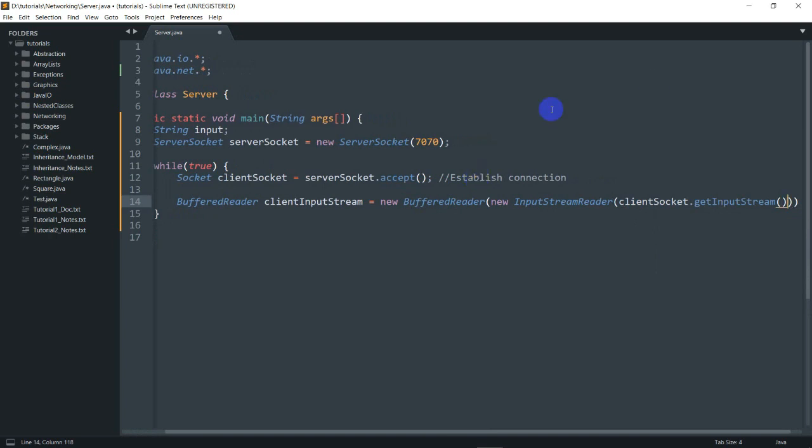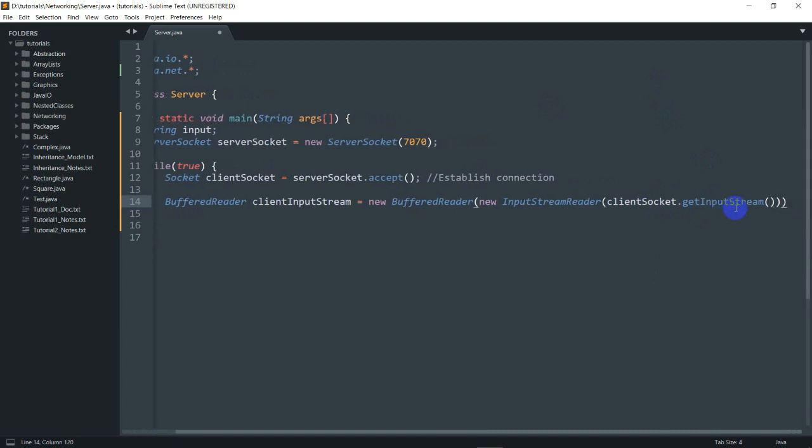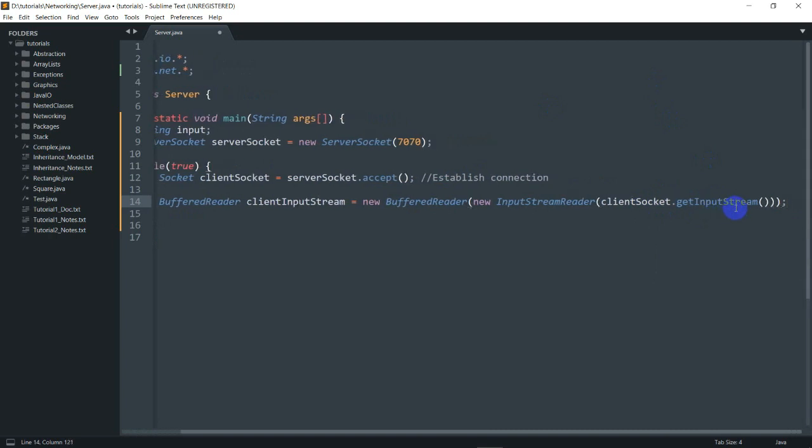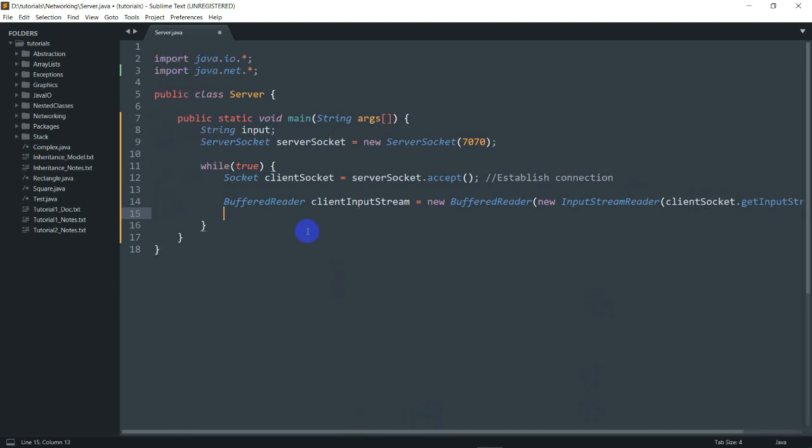So what this get input stream does is it gives us the client's input stream. So whatever we give in through the stream will be received here,